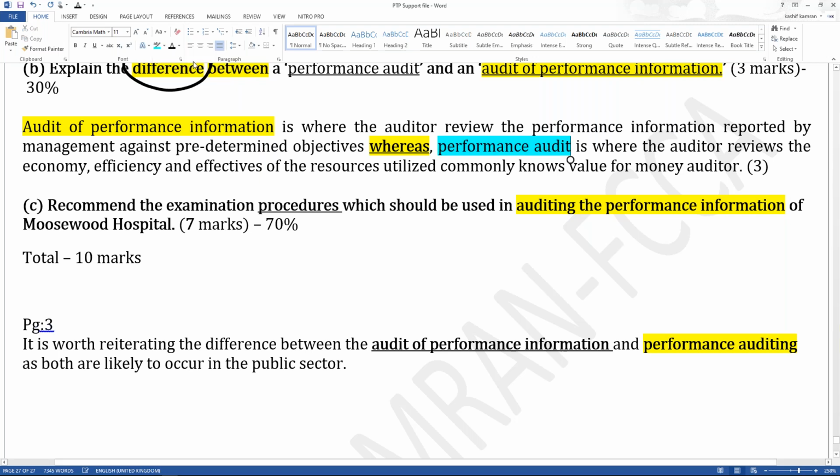Now, very important, because a lot of times students have a misconception, and some of those students are in the webinar as well, saying: Performance audit. Should we know performance audit for the AAA paper? Or should we only know the audit of performance information for the AAA paper? Should we know both? Should we know one? The examiner makes the clarity,